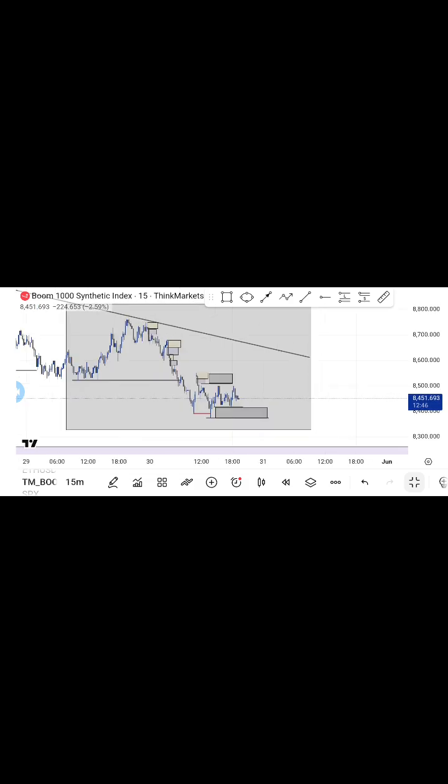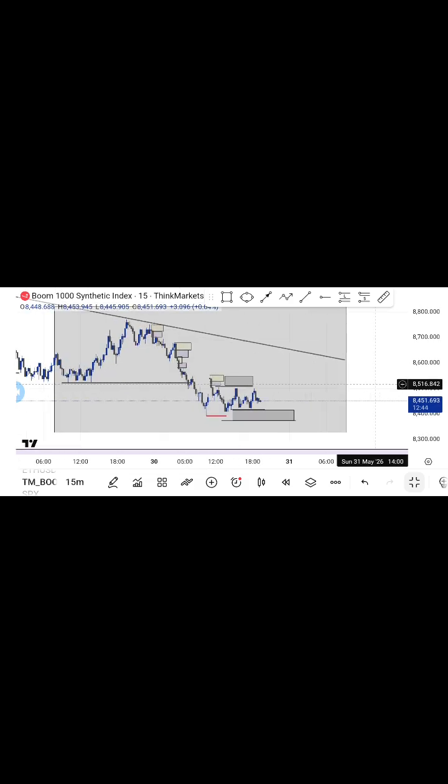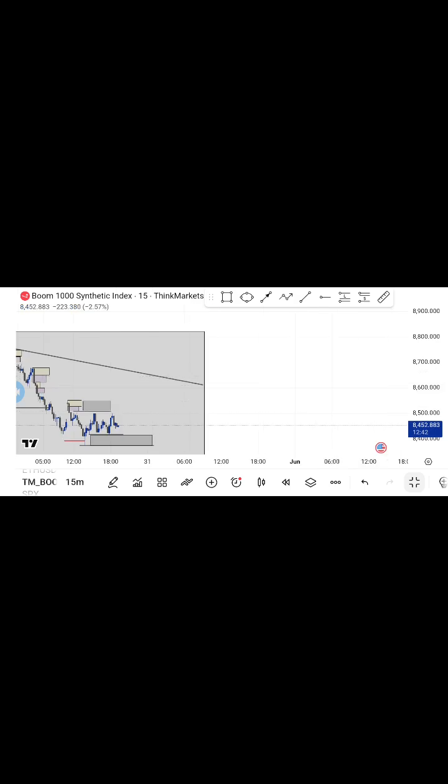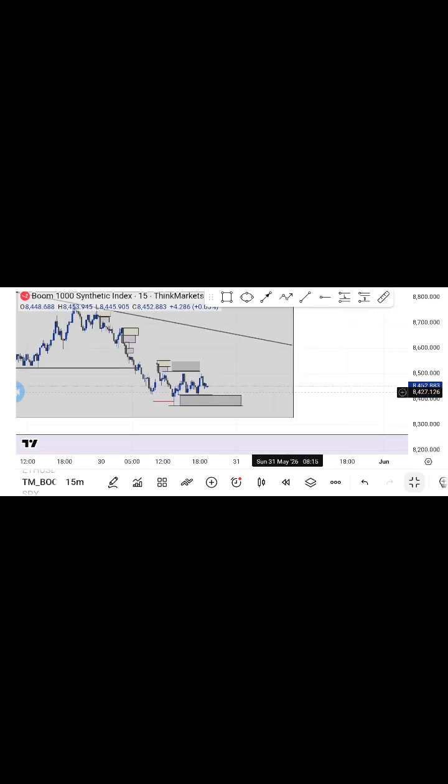Then again, another structure was forming here, but we have a fake breakout that I marked with this red line. This is actually a fake breakout because this candlestick did not close with a full body. It is just a wick, so this is a fake breakout. Then the market was consolidating here. In these cases now we have to